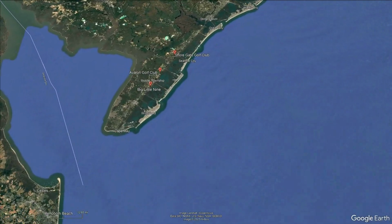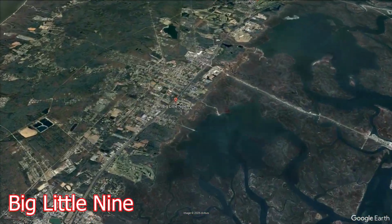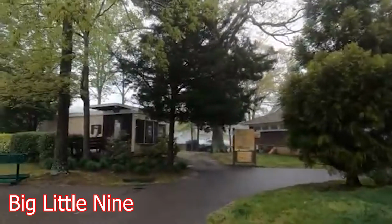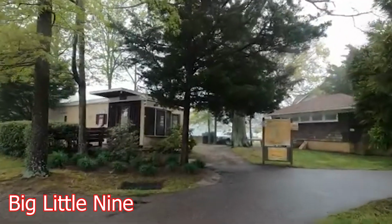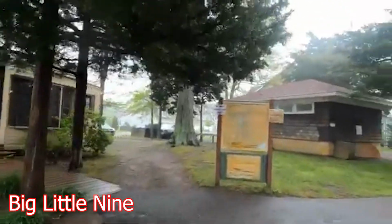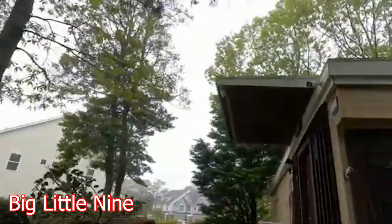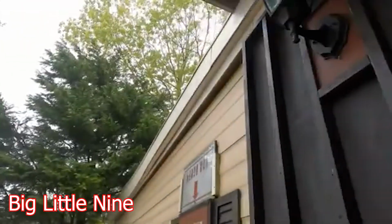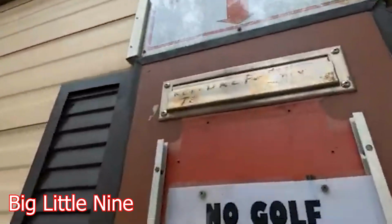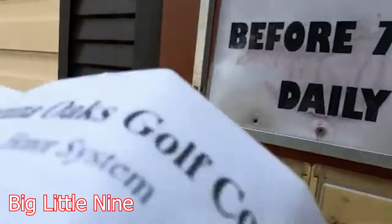Why's this game so pricey for me? In the morning, and this was a fun golf course to play, and the price was right. Now we played in the off season here, which is about the springtime, and it was $15. Now they do have an honor system, which I really respected. So we dropped off the money and we got started on an unbelievable par 3 golf course that's pretty much